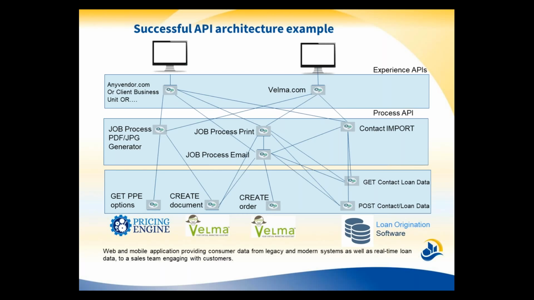Right, so the process APIs, and this is the way I understand it, it's really a gang of APIs. It's a number of APIs working in concert with each other to deliver a result. And so an example of that would be a contact import API. That's a process API, and that would couple together Velma's APIs, a number of system APIs from Velma, and some